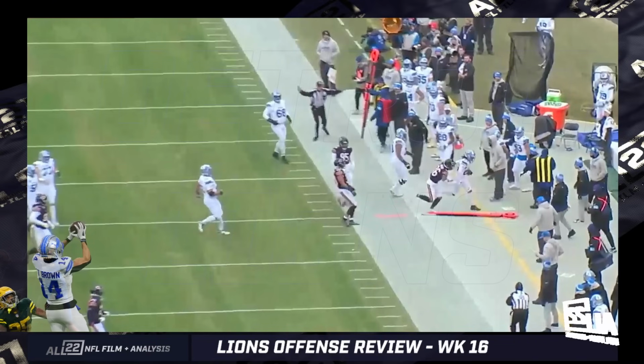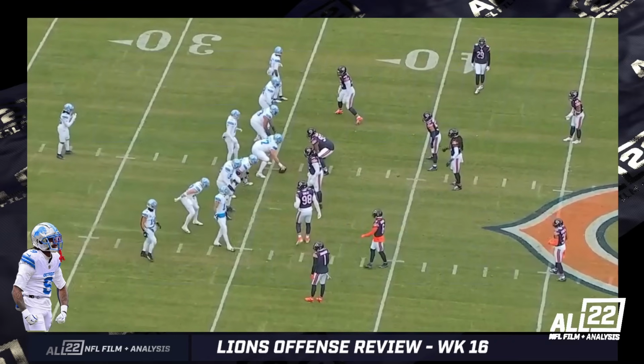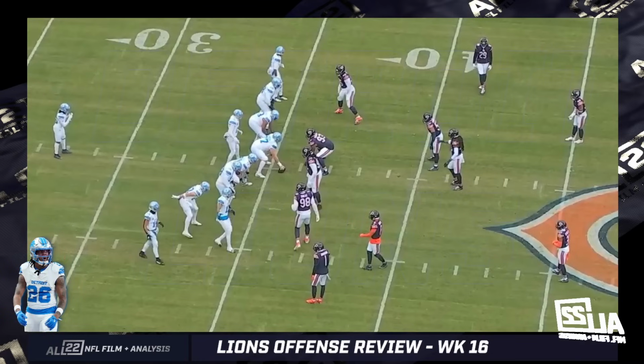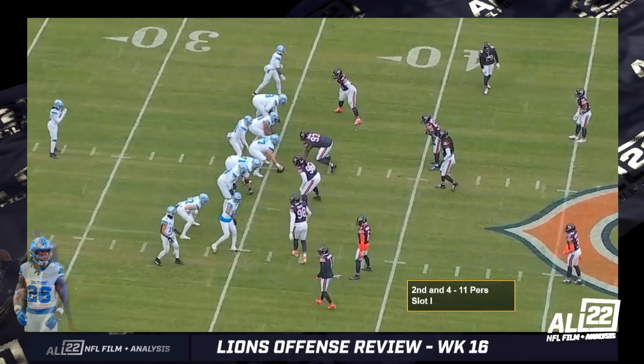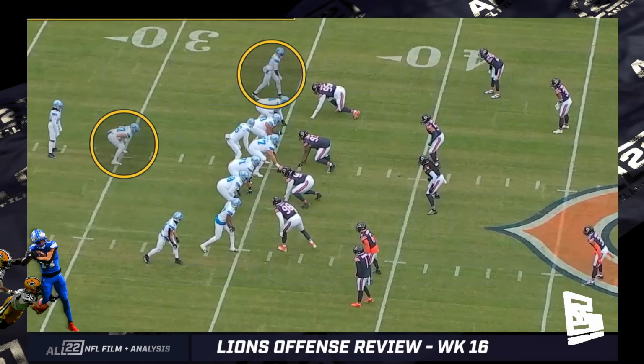As an aside, Christian Mahogany I thought played extremely well. I'm not sure that I'll be able to have time this week, obviously because of the Christmas holiday, to get a video out on him, but I will focus on a couple of things he does in this video from the end zone angle. There's a 6-yard gain, creates a 2nd and 4, 11 personnel, so they send Laporta in at fullback. So keep in mind, on the very last play,